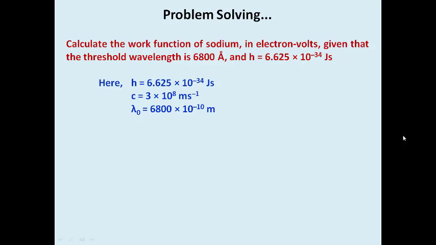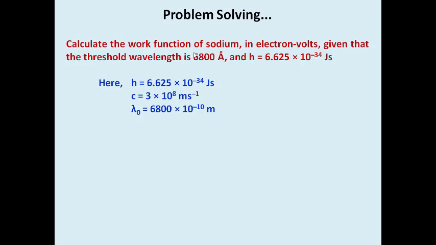Now, following the topic we discussed, let us start solving the problems given here. The first problem is to find the work function of a sodium metal plate in electron volts, given the threshold wavelength of 6800 angstrom, and the value of h is also given. So they gave three values. You know the formula for work function, so it is a very simple substitution: phi naught equals h times nu naught. Here they gave the wavelength instead of frequency.